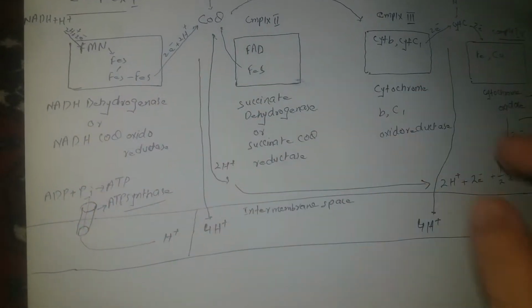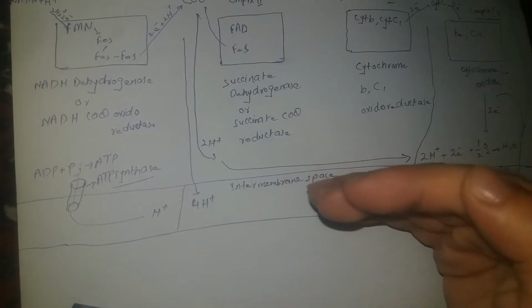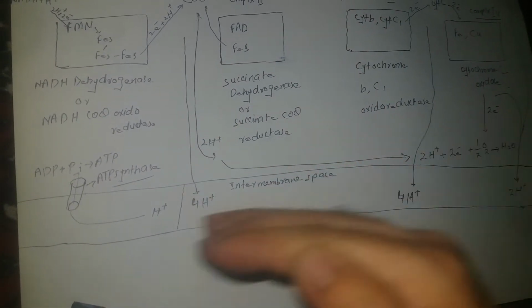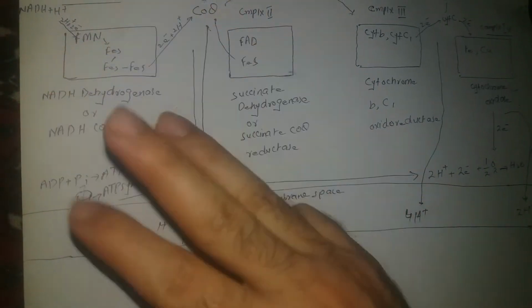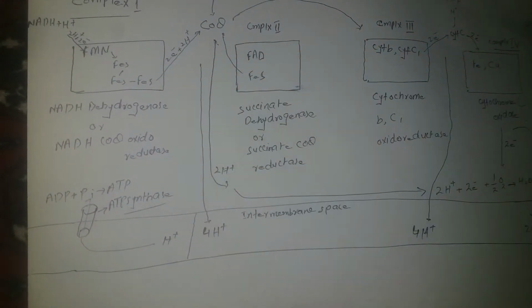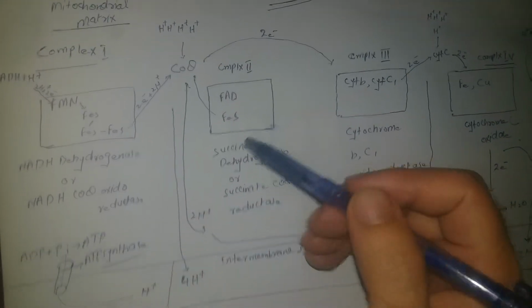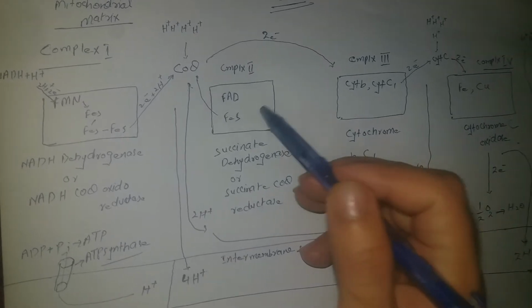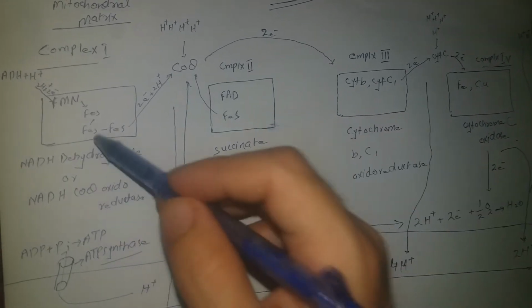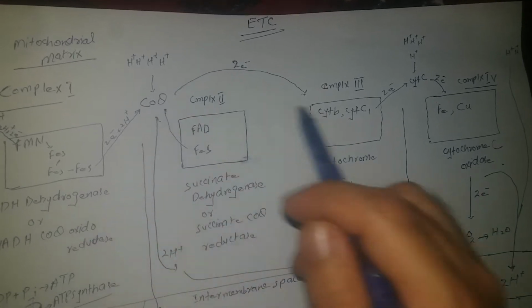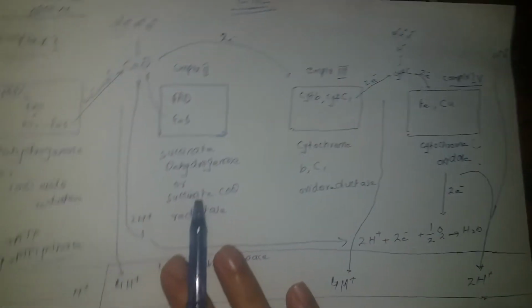So when NADH causes protons to be pumped from the mitochondrial matrix into the intermembrane space, these protons, when they enter through ATP synthase, will produce 3 ATP. But what about FADH2? FADH2 actually produces 2 ATP. FAD directly gives its electrons and protons to complex 2. It will bypass complex 1, then go to coenzyme Q, then complex 3, and then it is similar to NADH.